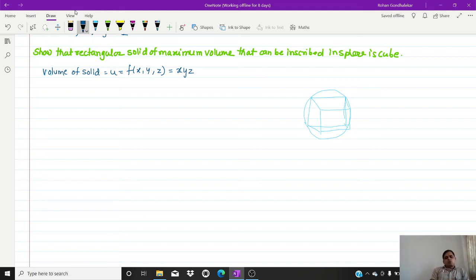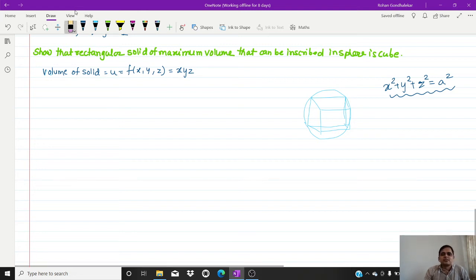Now there is one small hint for you. The hint is, let the radius of the sphere be a, the sides of the rectangular solid be b, that we have to decide. If this sphere is given as x square plus y square plus z square is equal to a square, okay. Now what will be the one particular side of this? Is it only x? No, it is 2x, 2y and 2z. So hence what I am getting, 2x into 2y into 2z. That means I am getting 8xyz.